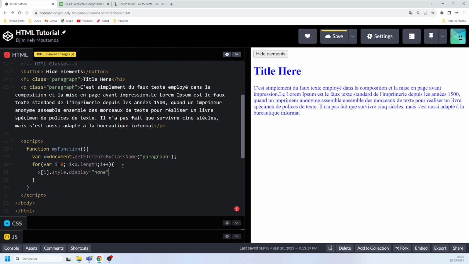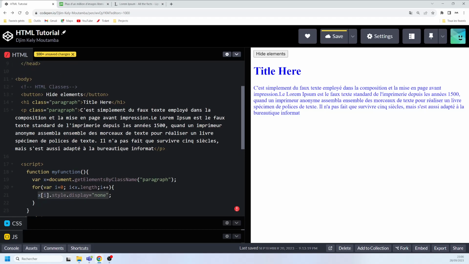So all we are saying is that this function is going to make sure that the HTML elements that have the class name paragraph here are not going to be displayed. So we will come back to our HTML code here